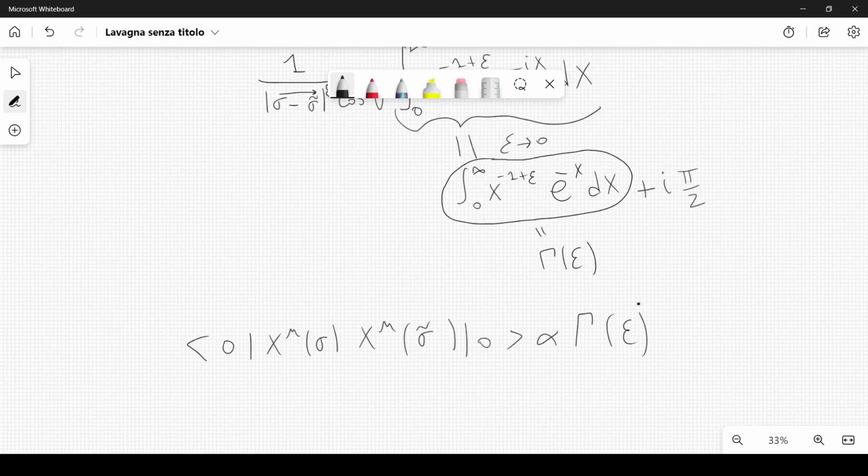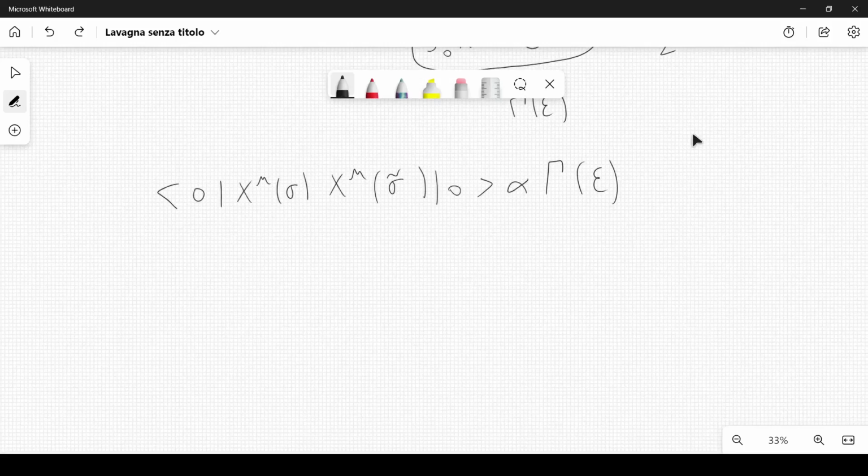And when epsilon goes to 0, we will see how to rewrite this gamma of epsilon. I will show you also the derivation in the appendix, because I will not do it in this video. But first, let me tell you that since the fields are independent, if we change, for example, this mu to nu, the only difference here would be that this would be proportional also to delta mu nu. So this would be the only difference.